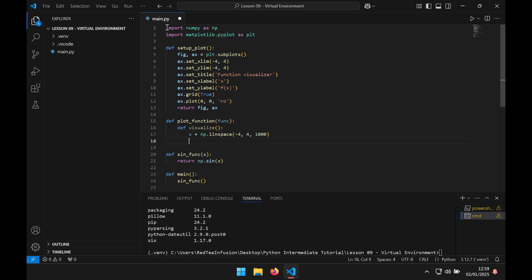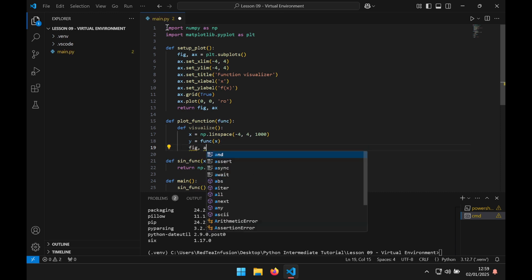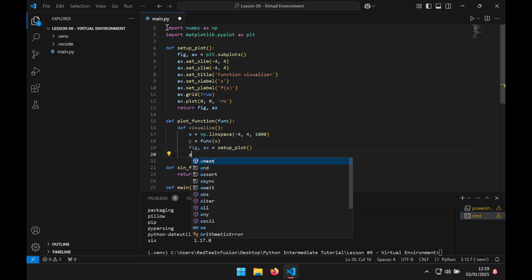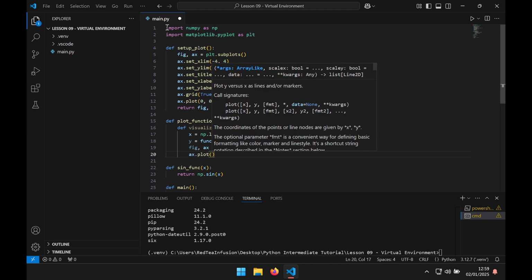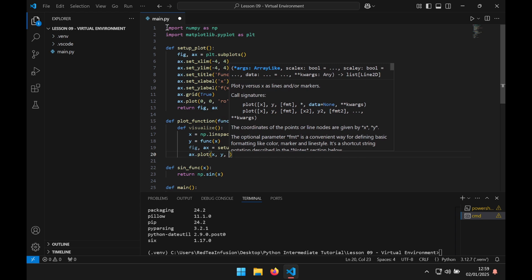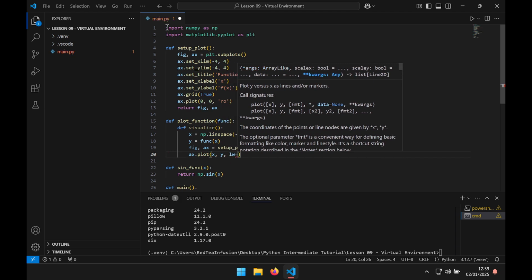New line, y equal func(x). New line, fig, ax equal setup_plot(), new line, ax.plot(x, y, lw equals 2,